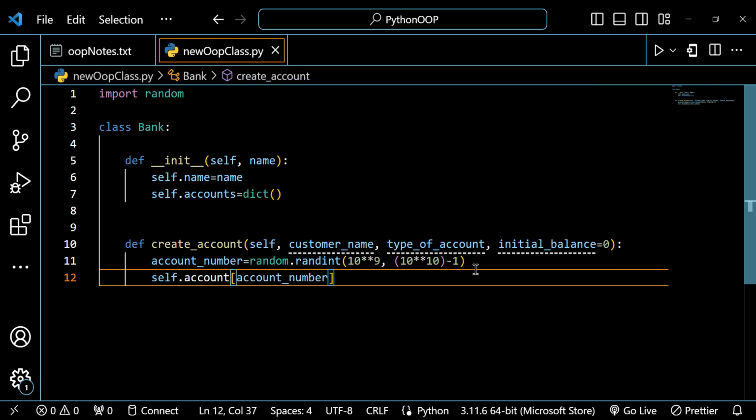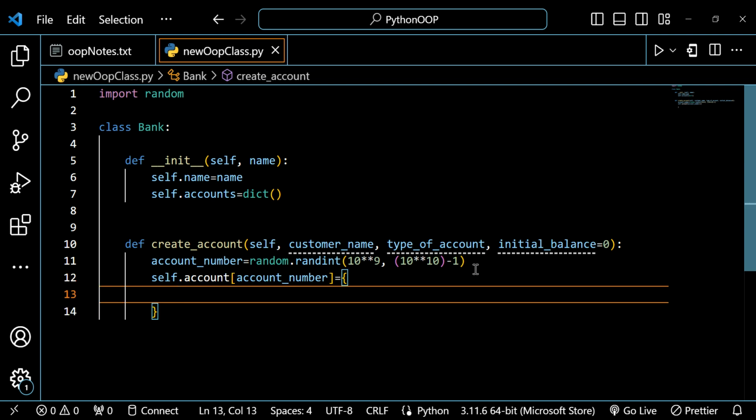Account number equals a dictionary. I have a key of customer name. Don't worry, I'll explain this. Let me just put customer name. Okay. Then it should also have